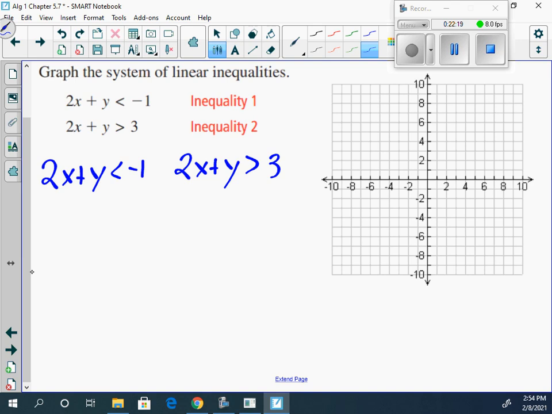Okay, this is probably going to be the last one. This is going to be the last one we do today. So these here are the same. Then y is not by itself. We could get the y to be by itself, or